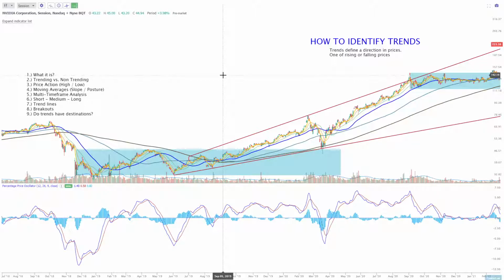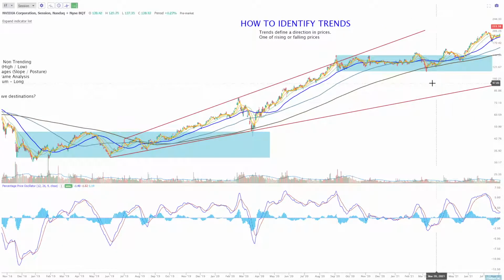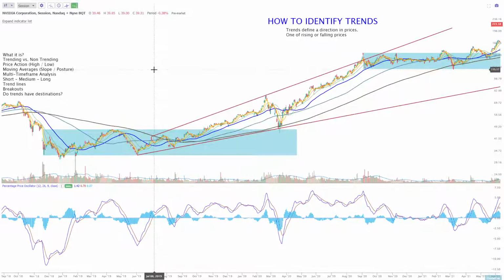So when the supply-demand imbalance ultimately spawns a reversal, there's generally, in my opinion, a destination that the market makers have in mind. Ultimately, that's decided by supply and demand every single day, don't get me wrong. But more often than not, you can come to some conclusion on where these corrections will end, or